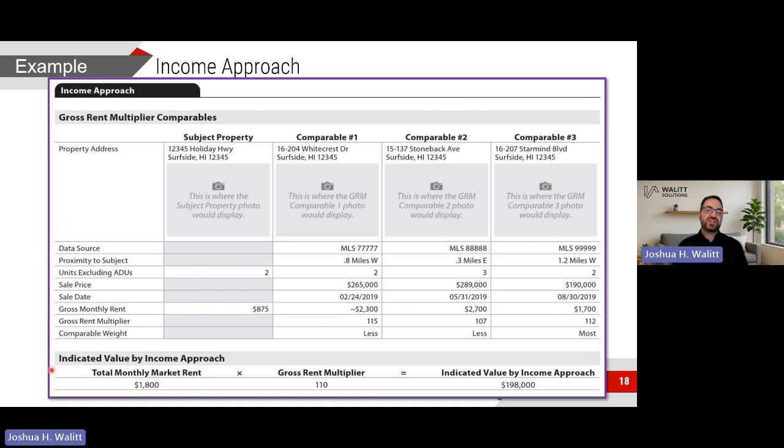But you can see we can actually demonstrate how I came up with the market rent for the subject, if that's part of the assignment. And then in the actual income approach under gross rent multipliers, we can show what I looked at in terms of the sales of rental properties to base my gross rent multiplier on. And you can see these are the indicated gross rent multipliers for the comps, and then reconciled here, and there is a commentary section there as well.